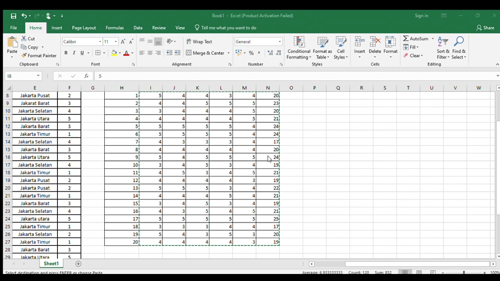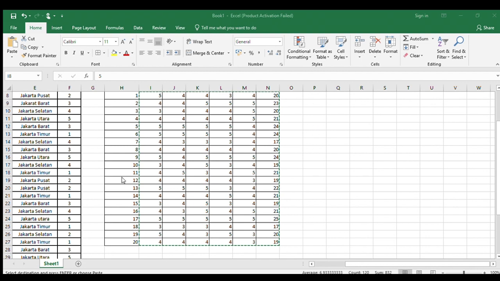The result of the correlation of the validity test can be stated valid if R count is bigger than R table.